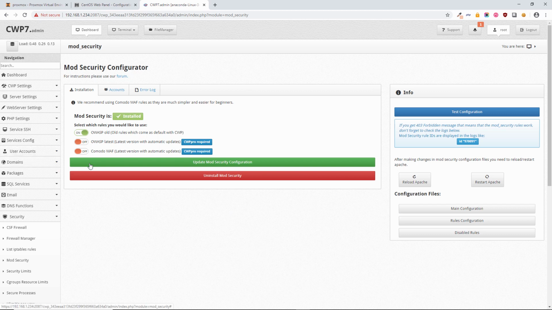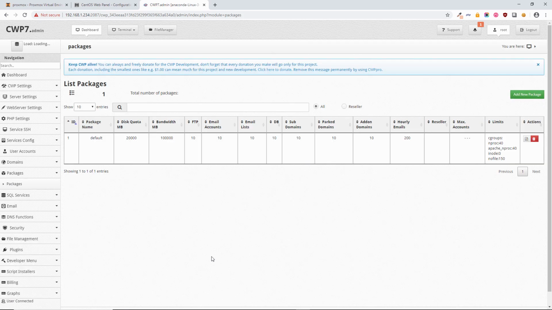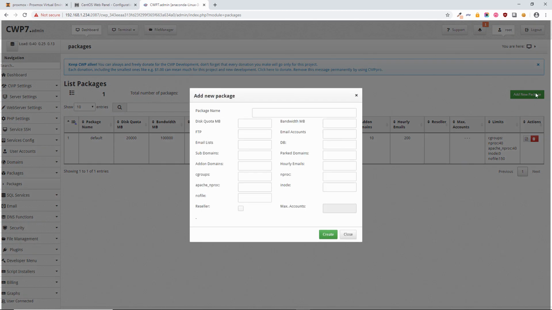So what I'm going to do now, I'm going to go to packages, and I'm going to click on package, and I'm looking at the default package. I'm going to show you how to add a package. I'm going to call it, say, silver package. Quota is 5,000 megabytes, bandwidth say 25,000 megabytes, say 2 FTP, 10 emails, again say 10 database, 5 subdomain